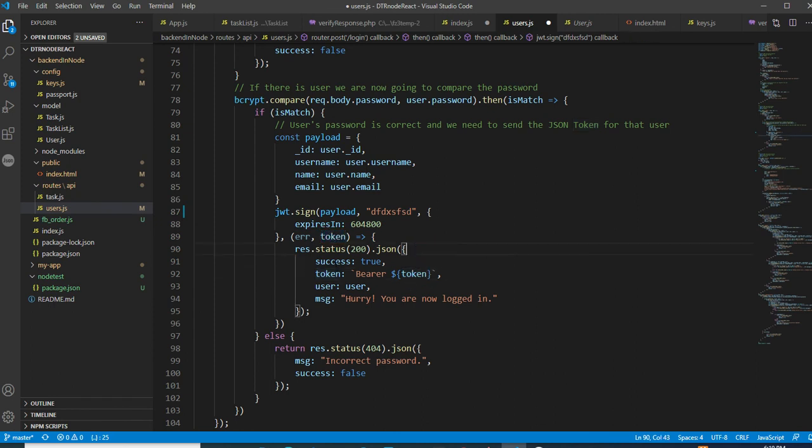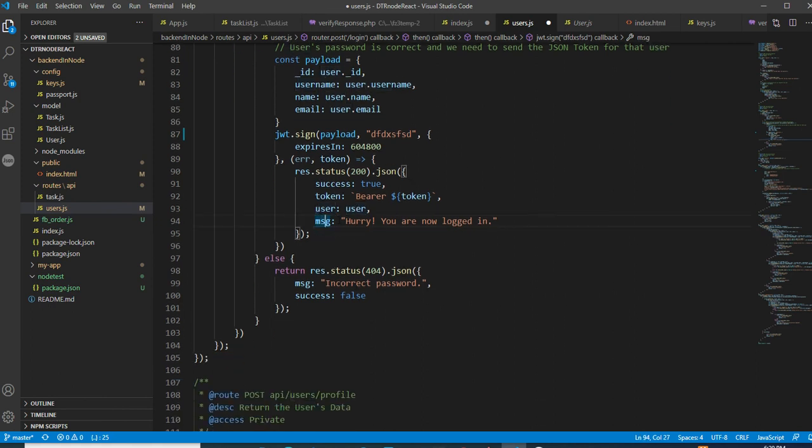So it means that if the user is successfully logged in, the password comparison will be done. If it is a match, then the JWT token is created, and you can provide that particular JWT token. So one item is the success true, another is the token, and another is the user detail, and then you have provided a message.